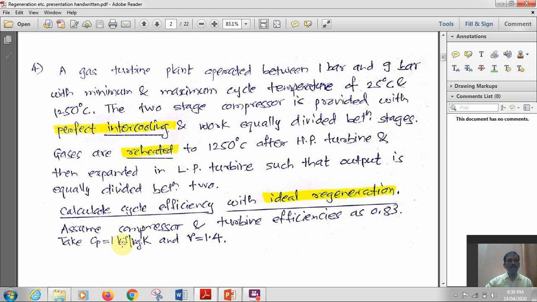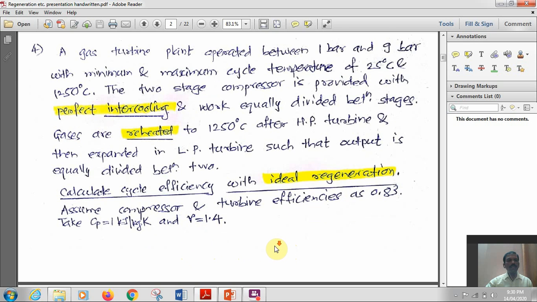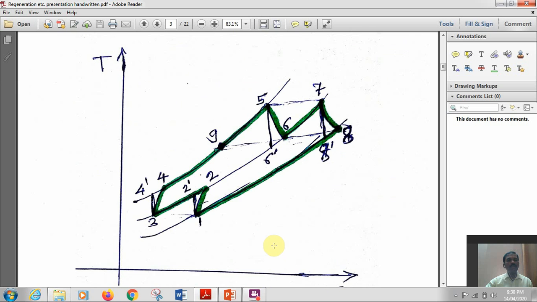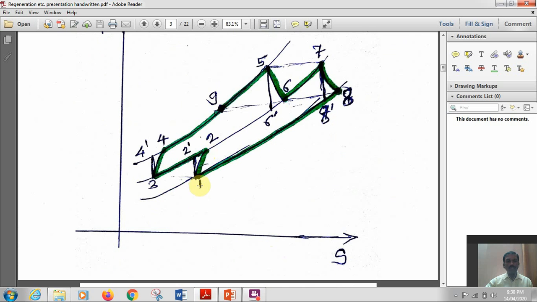They have given the Cp value, which we normally take as 1.005 kJ per kgK, and the gamma value is equal to 1.4. Let us proceed. You will draw the TS diagram, two-stage compression. In this TS diagram you will see 1 to 2 dash ideal process, 1 to 2 actual process. So low pressure compression, intercooling, high pressure compression. Then 4 to